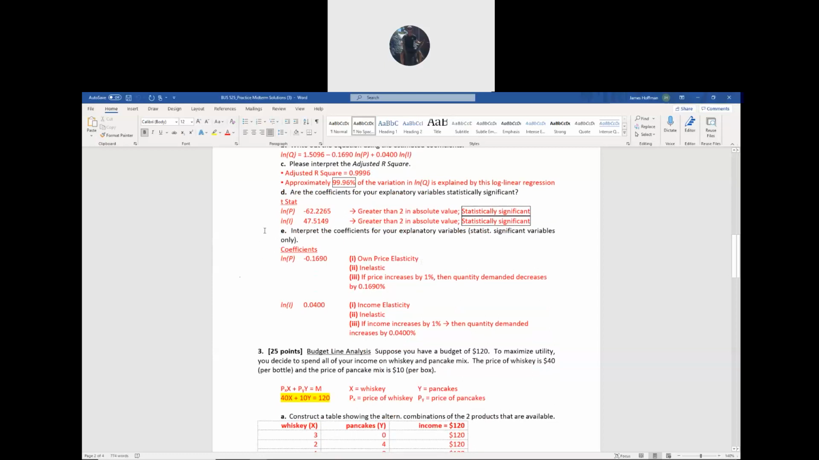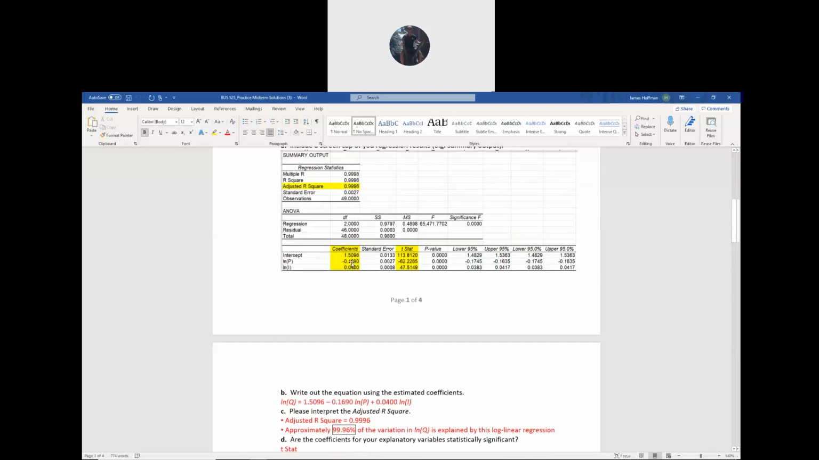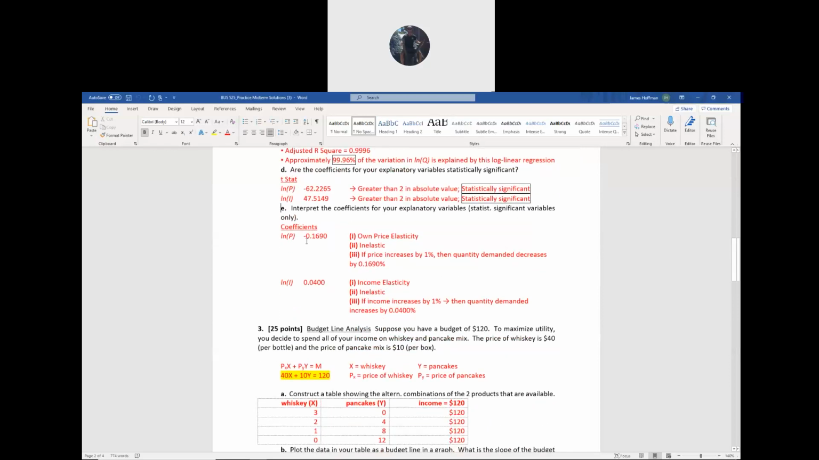What type of elasticity is it? Is it inelastic or elastic? And what's the numerical interpretation? So for LNP, there's the coefficient, and for LNI, there's the coefficient. And what do those coefficients mean? So for this one, for LNP,